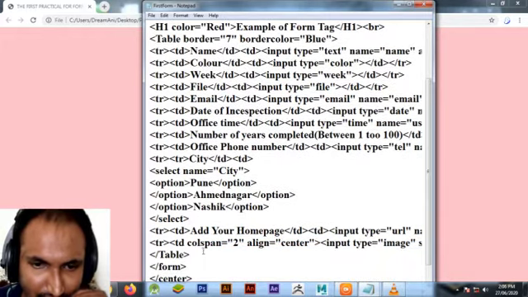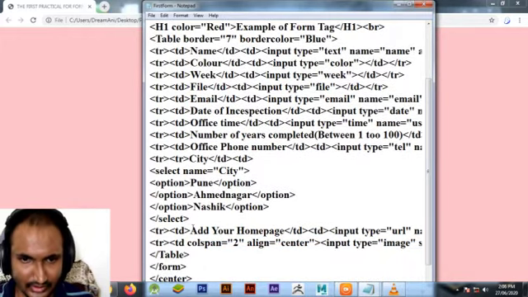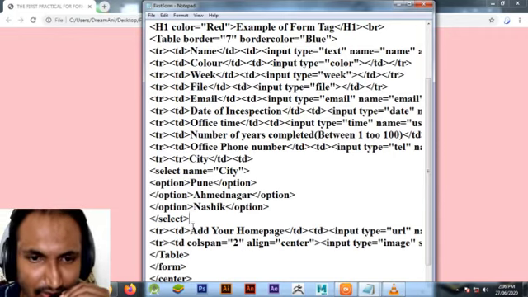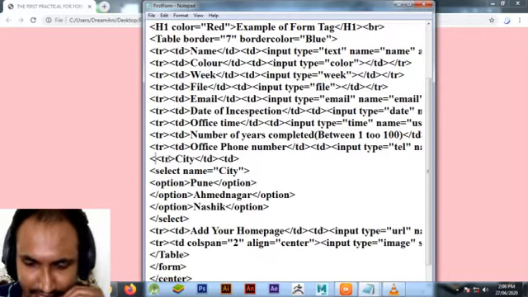And I am taking one more tag, that is the text area.